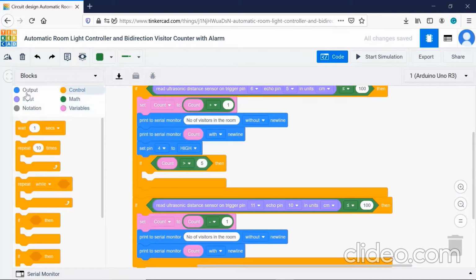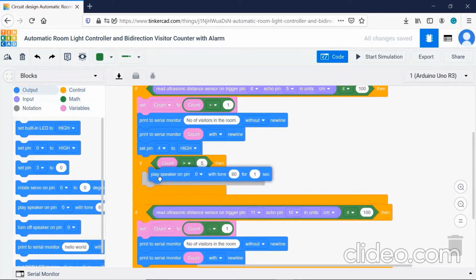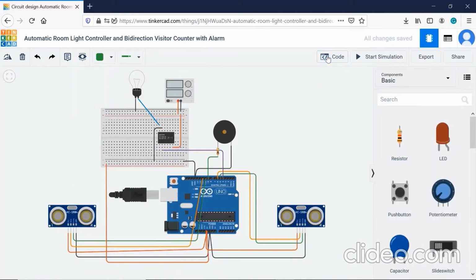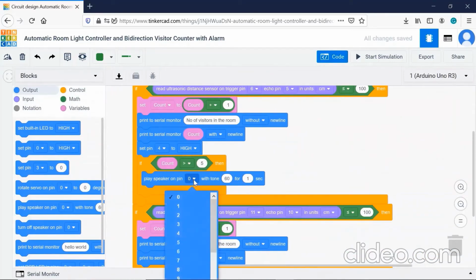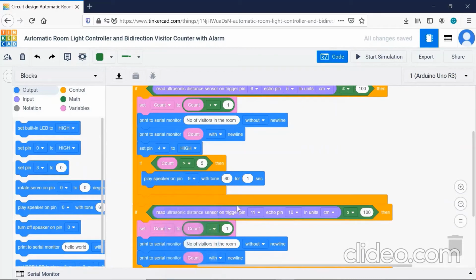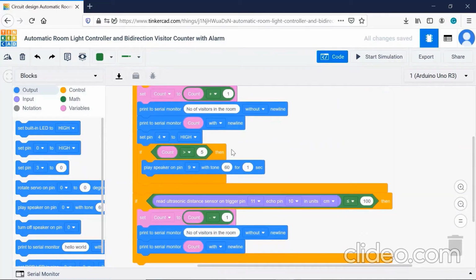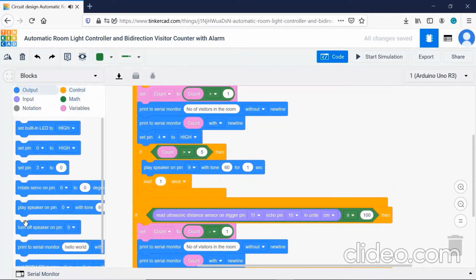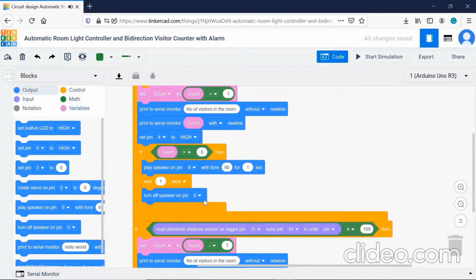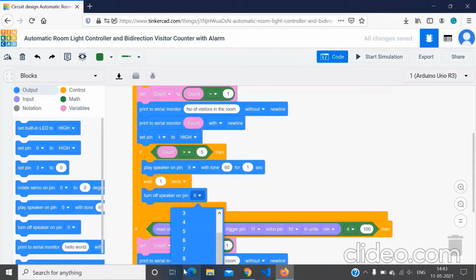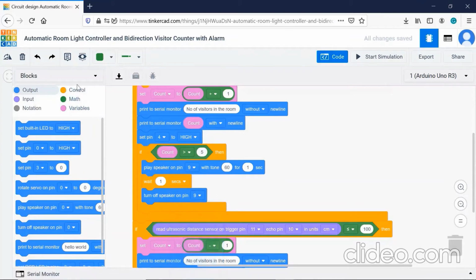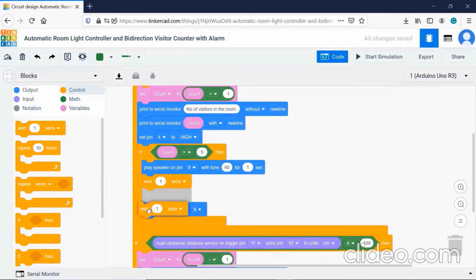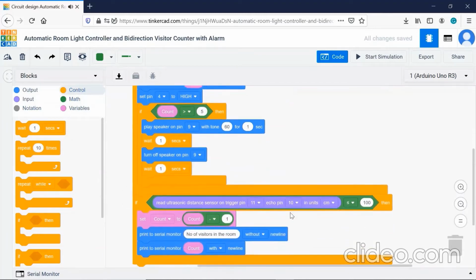In that case, we have to play the speaker on, and its pin number is 9. So let us play the speaker on pin number 9. And then we will wait for 1 second. And we will turn off the speaker on pin number 9. And then we'll wait for another 1 second.